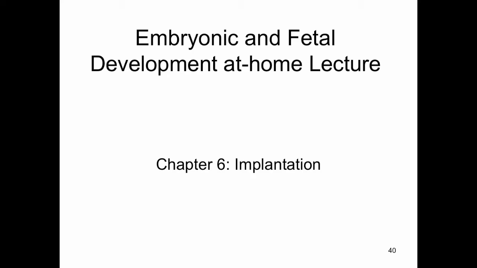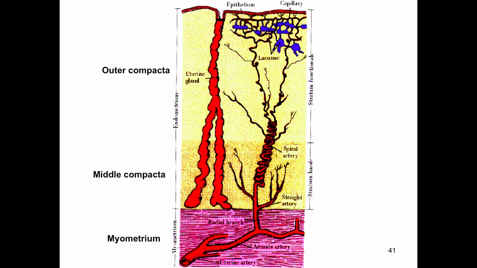So, Chapter 6, we're going to talk about implantation of the embryo into the endometrial lining. When we talk about implantation, it is happening at the blastocyst stage, into the uterine lining. So, if we just take a look at the zones of the uterine lining,